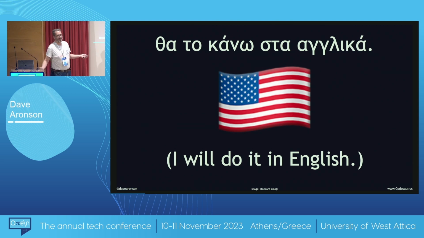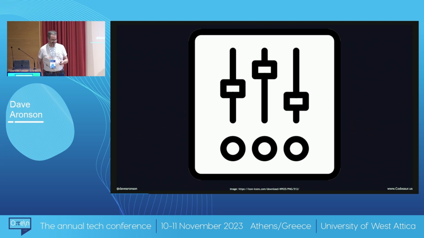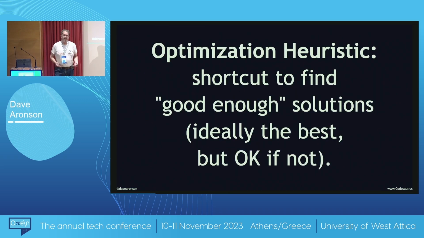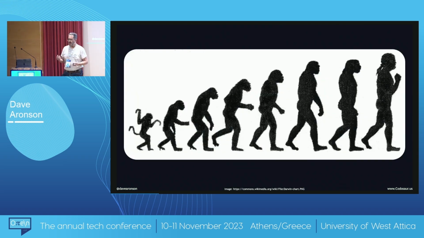So what are genetic algorithms in the first place? They are optimization heuristics, which is fancy talk for shortcuts to find a solution to a problem. Ideally, the best solution, but we'll usually have to settle for something good enough due to constraints like time and money, which is why we generally use a heuristic in the first place. There are lots and lots of kinds of optimization heuristics, but genetic algorithms in particular are inspired by real-world biological